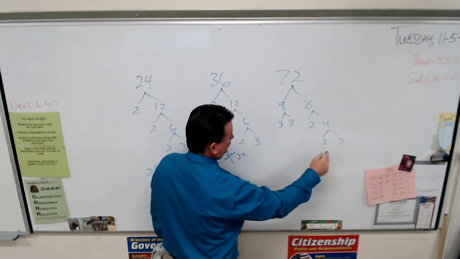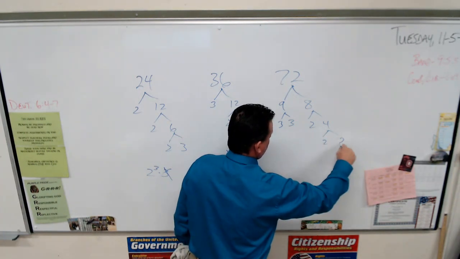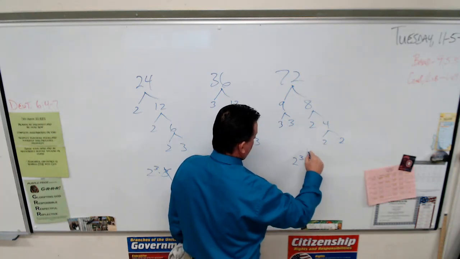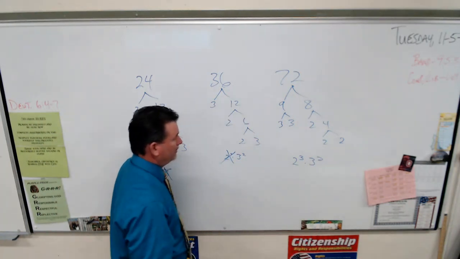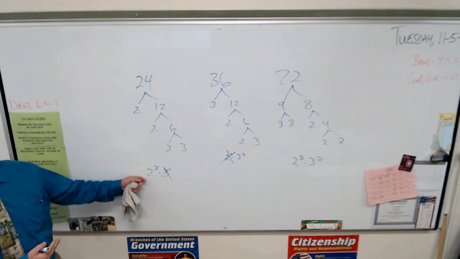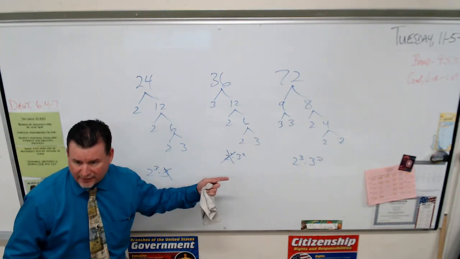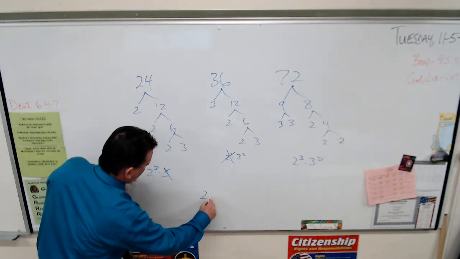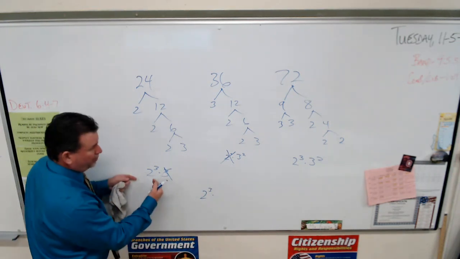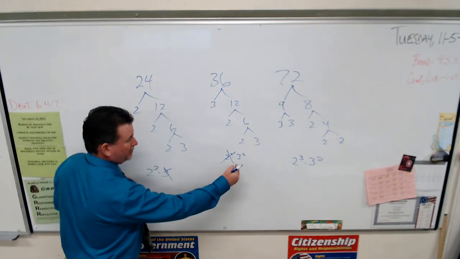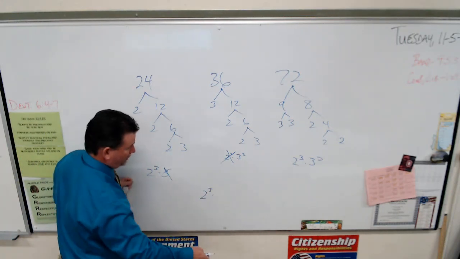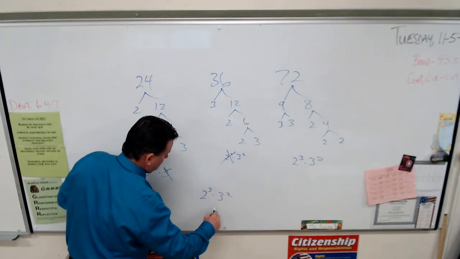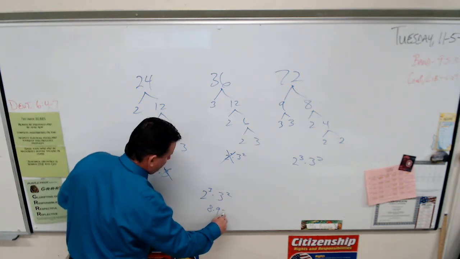2 cubed times 3 squared. I have a 2 cubed here, so I'm using 2 cubed. I'm not going to use it twice. It's the highest power of 2. So what's my lowest common multiple? It's 2 cubed times 3 squared. I'm not going to use it twice, just once. So 8 times 9 is